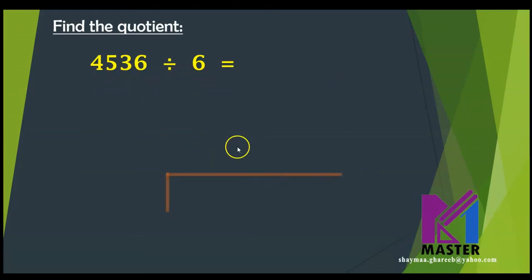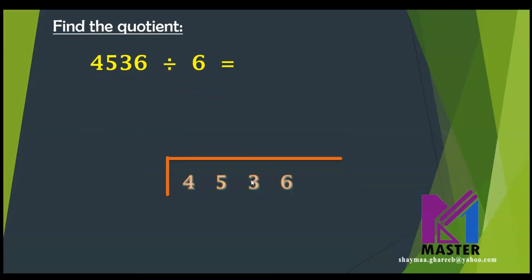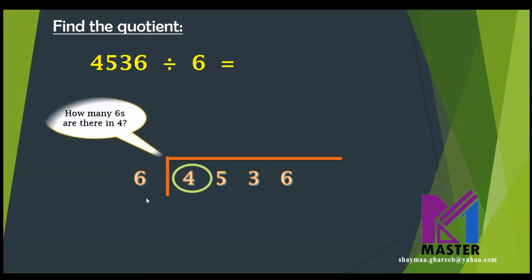4536 divided by 6. I will follow same steps exactly. 4536 divided by 6. Let's check how many 6 are there in each digit. I will start by the first digit here, which is a 4, and I will divide the 4 by 6. 4 divided by 6 means how many 6s are there in the 4? No 6s in the 4, and the 4 still as it is, as a remainder. So it will be written up here. Now I will move to the next digit,